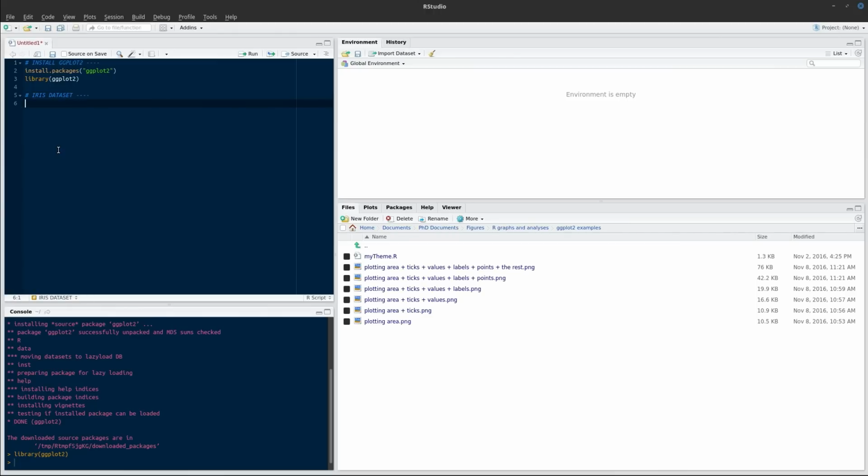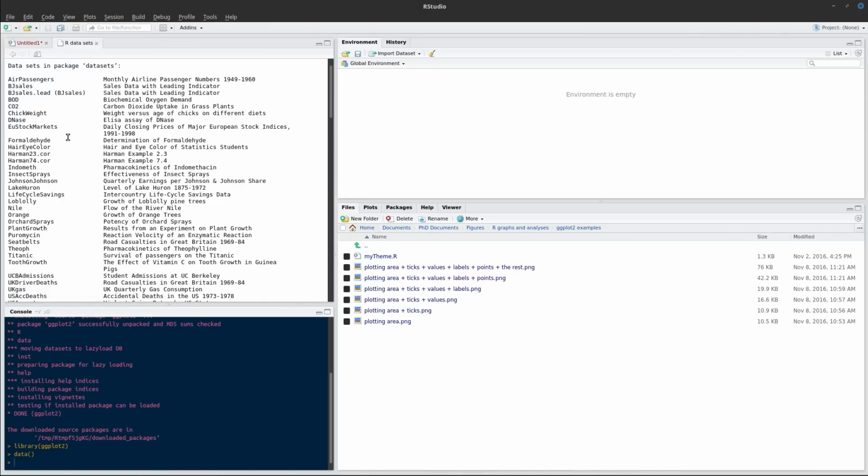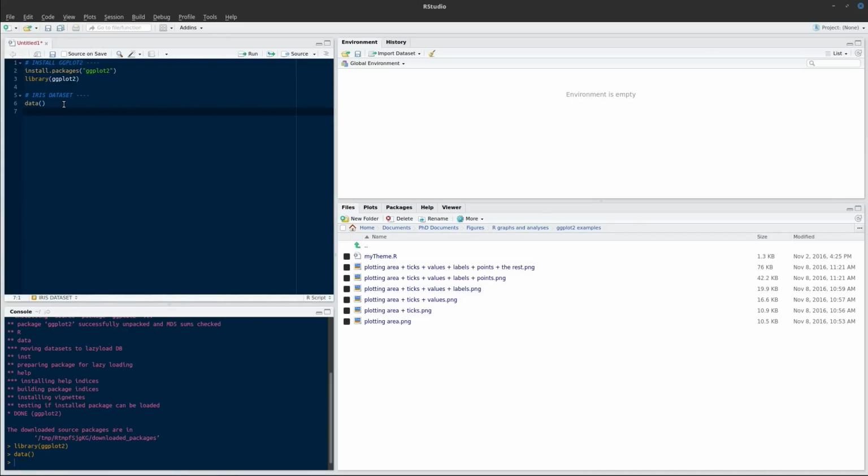Handily, if you want to explore which datasets are available for you to use freely to practice your plotting or data analysis skills, if you just run the data function without any arguments, then R will return a list of data sets that you can load into your current R session, explore, plot, and analyze as you want, which is a good way of practicing some R skills. If we want to load the iris data set into our current working R session, we again call the data function and supply it with the name of the data frame that we want, which is iris,